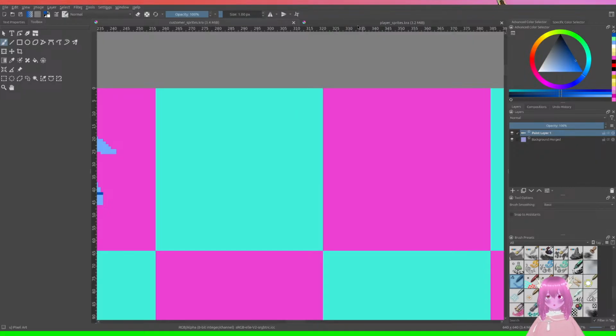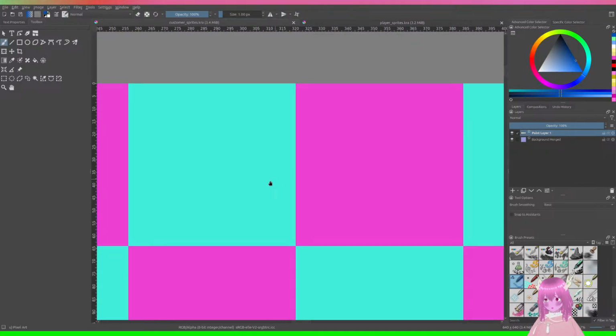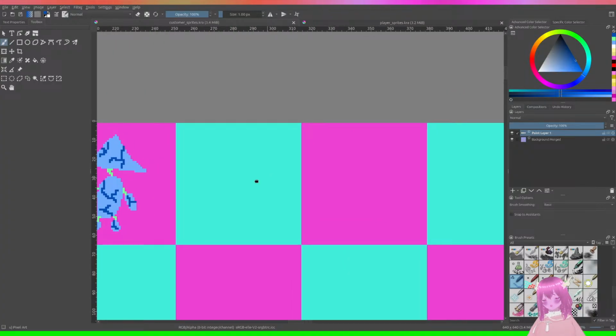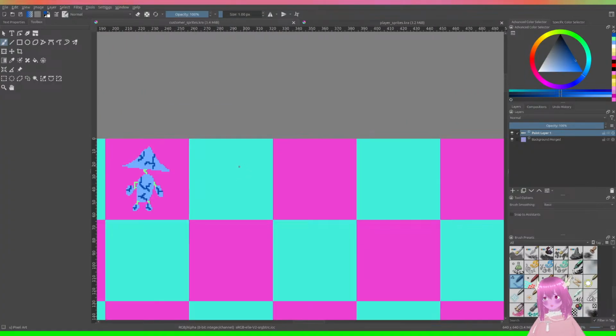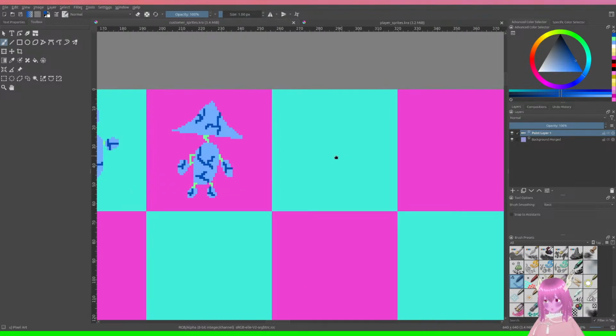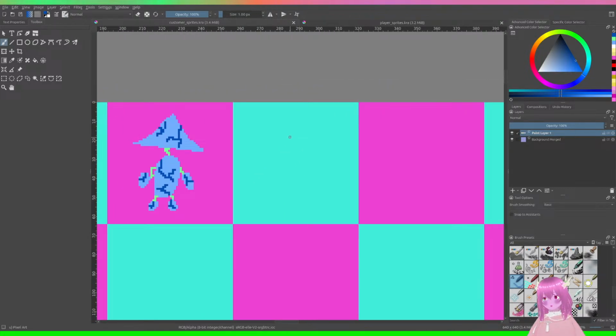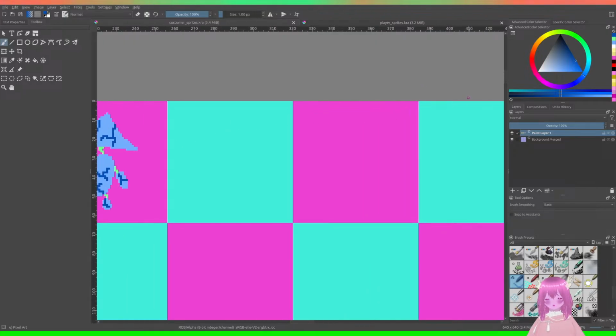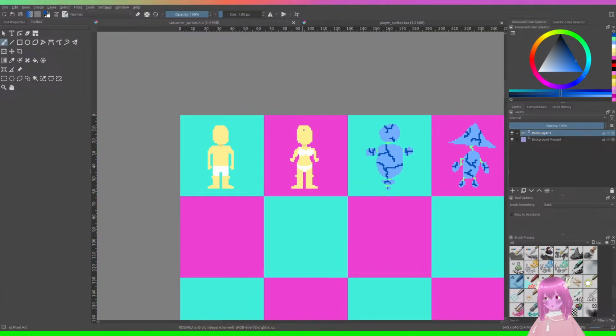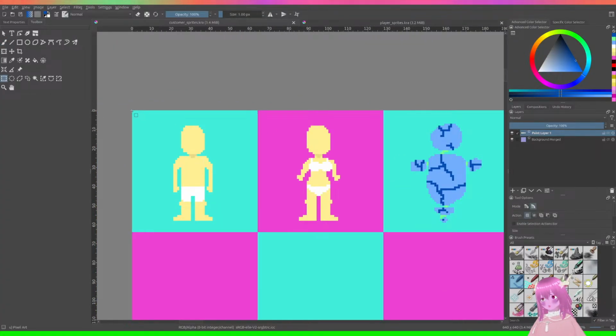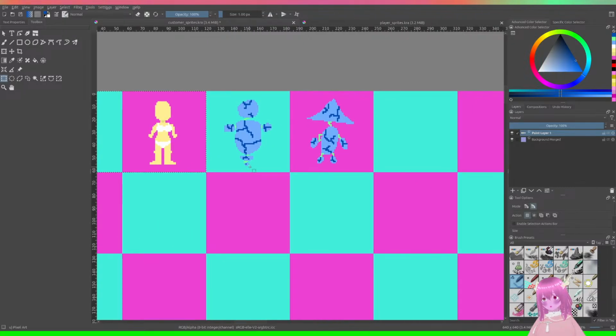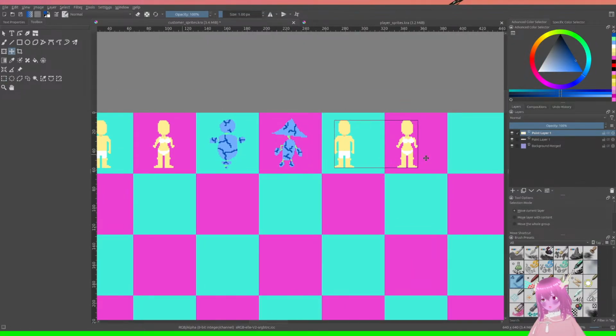Maybe orcs and elves will actually just be of the same race, but they'll be dating each other. Basically, what I'm trying to say is maybe there'll only be one orc and one elf, because I don't want to draw another naked woman. You know what? Sure, we'll make a body type A and body type B for elf and warrior. Sadly, I think for elf, I'm just gonna do the same thing as these two, but then give them pointy ears.